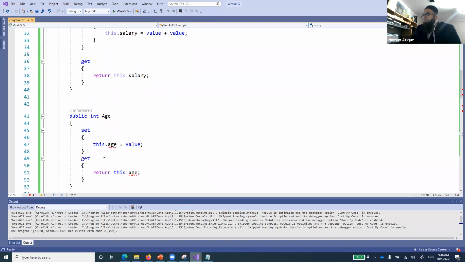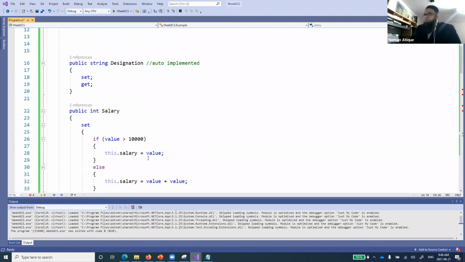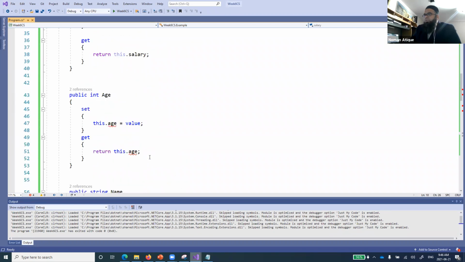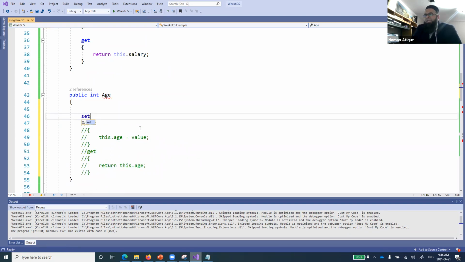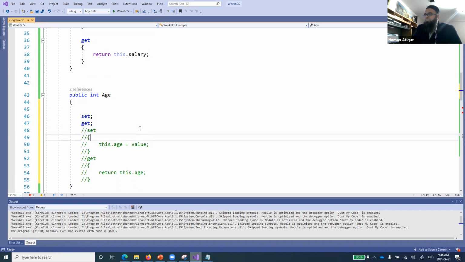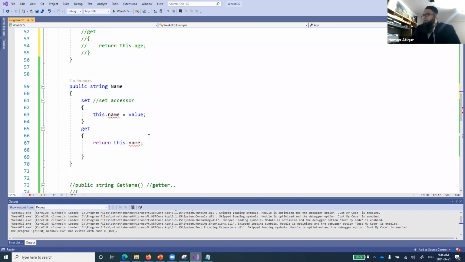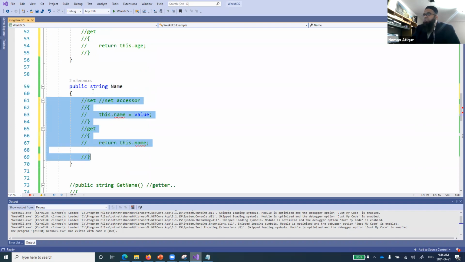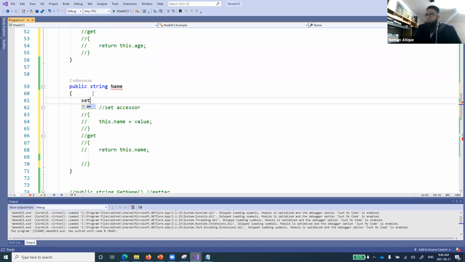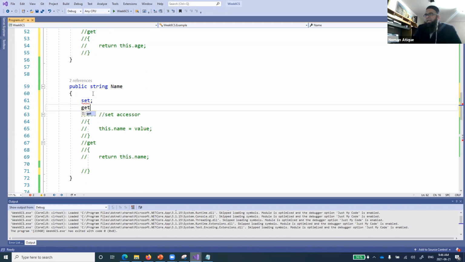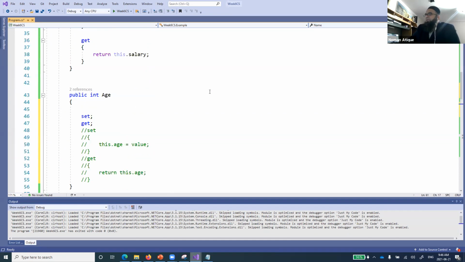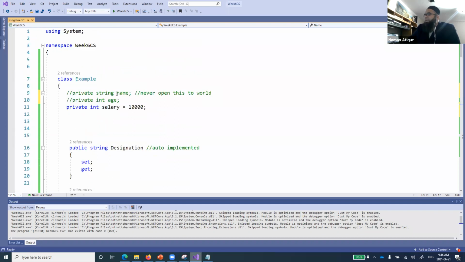Oh, okay. So why? Because all right, and now I don't want anything here, because now I'm implementing that auto implemented property. So if you just do that, set and get, right? Again, you need to remove this logic. Why? Because this is using that one. So now if I do that, set and get, you see, I don't even need to define name and age over here.